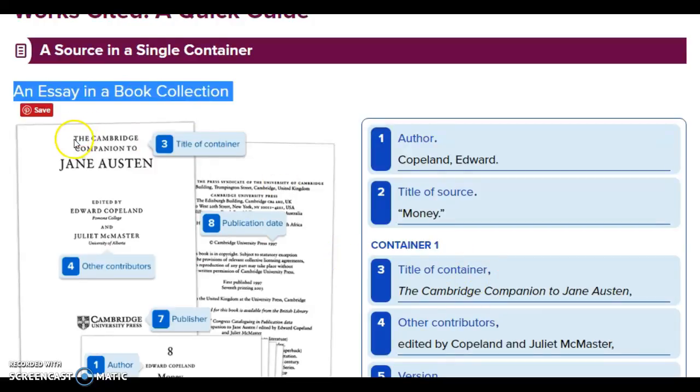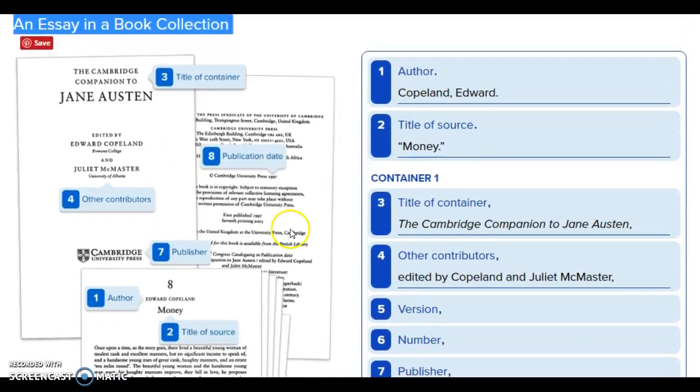And so that's where it's called the Cambridge Companion of Jane Austen. That's what you would really see on the outside of the book. Other contributors, if you look here, this is where we're going to use the editors. Remember, they aren't the ones that wrote it. That's the person who wrote the essay, but the editors help put together that whole collection, and so they still